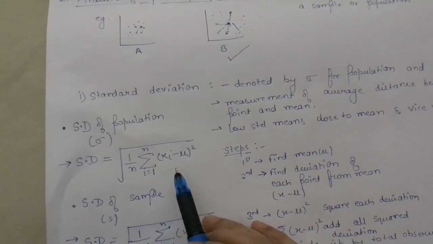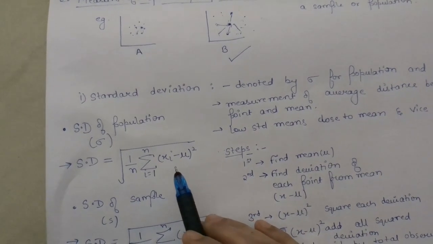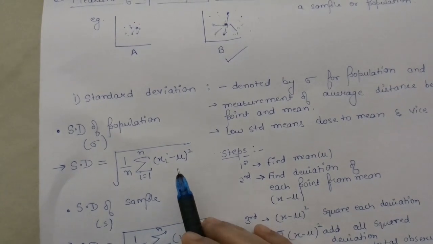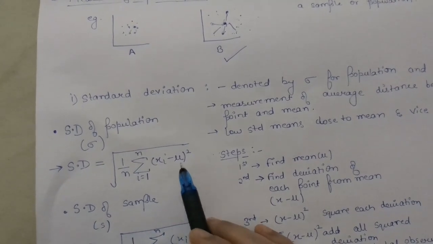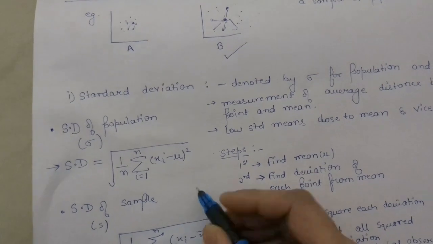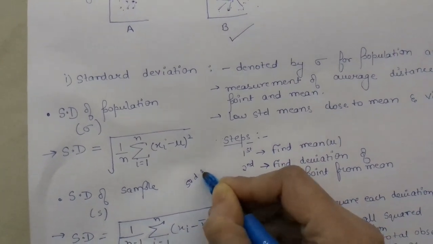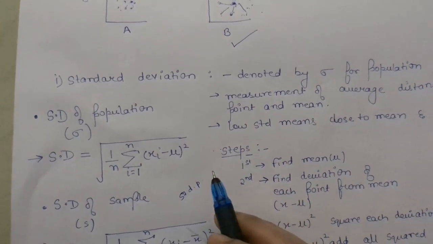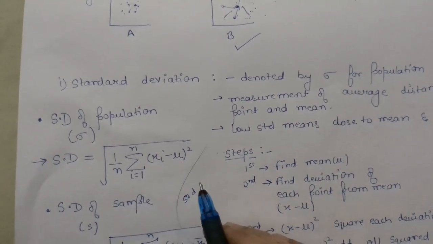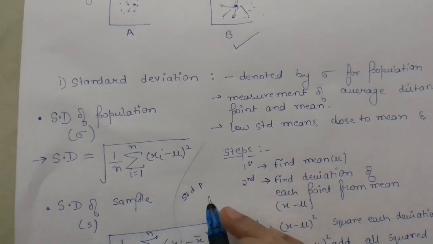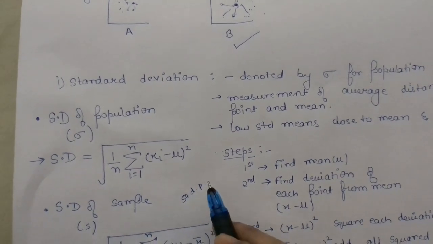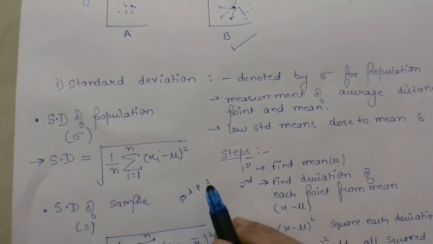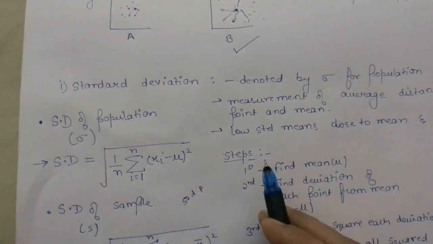Now if you are using Excel, then you have to know what you are calculating. If you are calculating the population standard deviation, then you have to write the formula in Excel as STDEV.P, because Excel by default takes the formula of sample standard deviation. So if you are particularly taking the standard deviation for the population, then you have to write the formula for standard deviation of population.